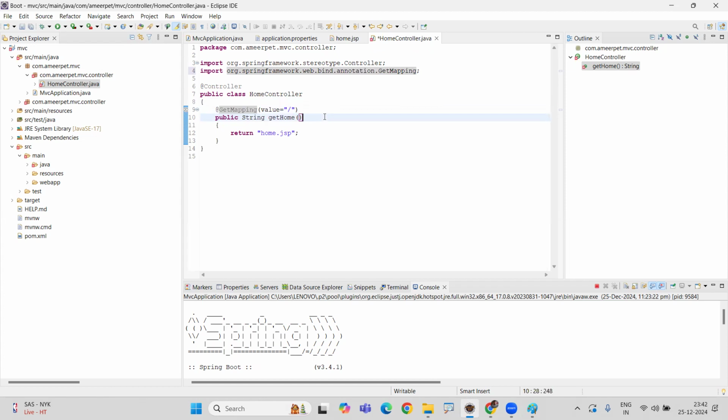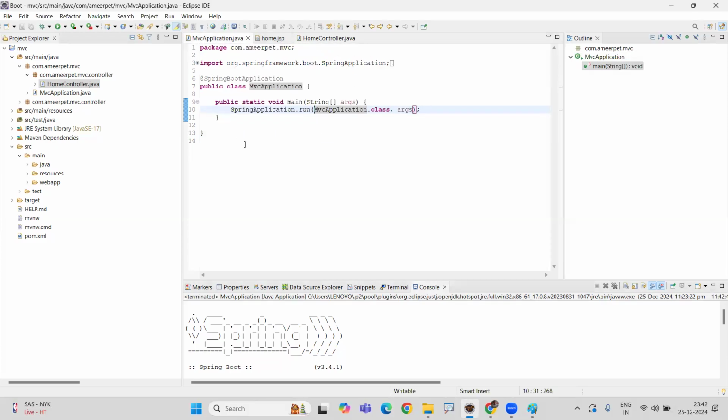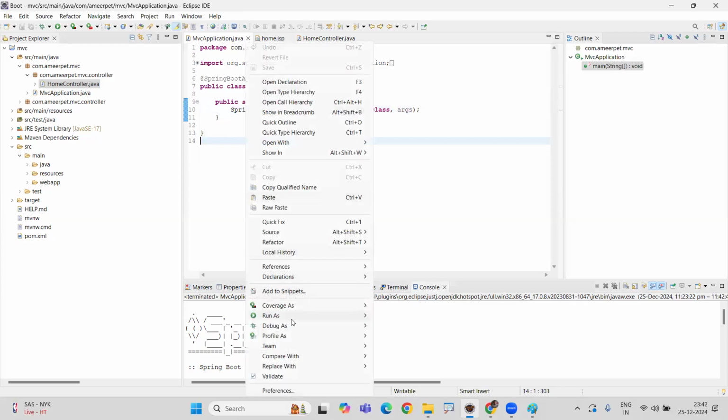Importing that one. This is the one. Here all the errors are gone. Now we need to execute this one. Just stop the server, and so once again, this application properties is not at all required, and we are just going to that application and executing that